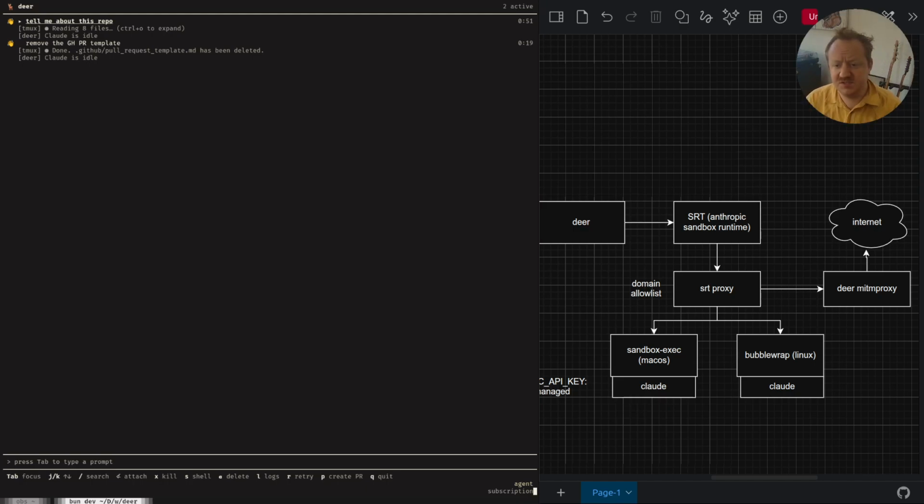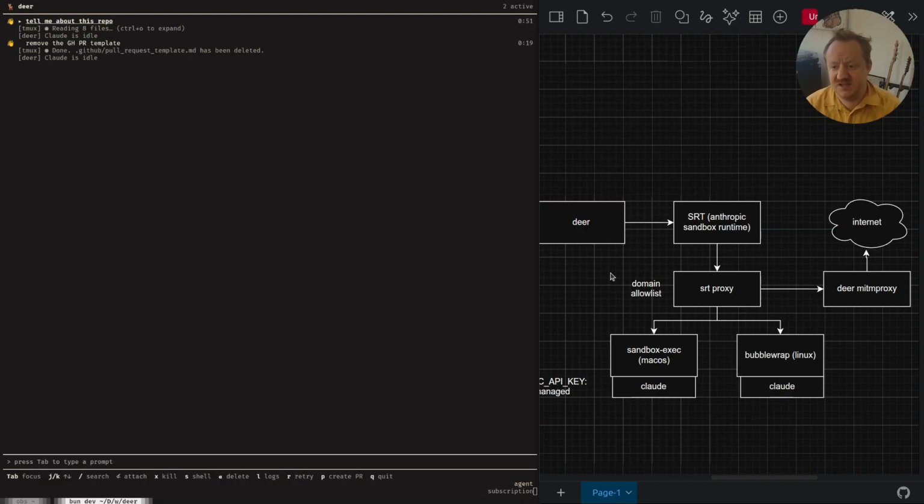Then if we go to how do we actually access the internet? How do these sandboxes talk outwardly? So via SRT, we have a domain allow list. We allow the minimal amount of things needed for it to work, which is basically the Claude API and a couple of other internal things. I think Claude uses Sentry internally, so we whitelist that to avoid spammy errors that we're getting from Claude. And that's basically what's handling network connectivity.